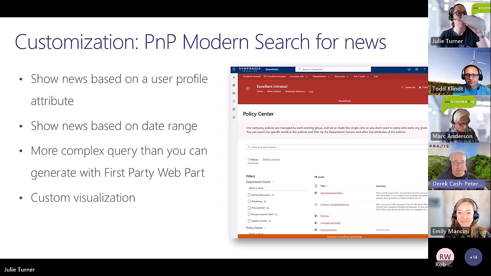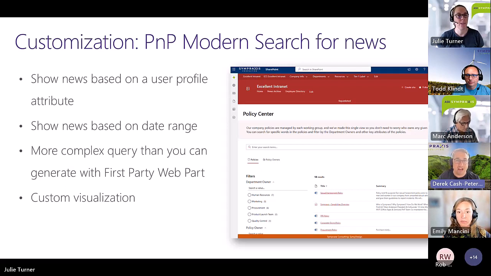I have a particular love for PnP Modern Search, but I was thinking about this as I was pulling together the slides, and I kind of feel like specifically for news, PnP Modern Search is one of those, just because you can doesn't mean you should. It has to have a very specific use case. Because you need to roll your own here.